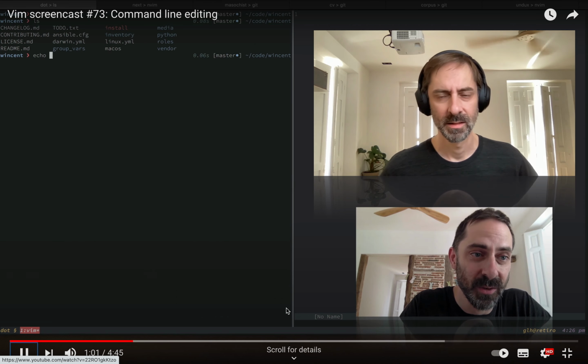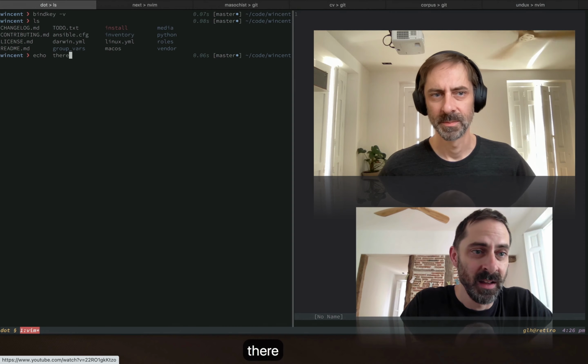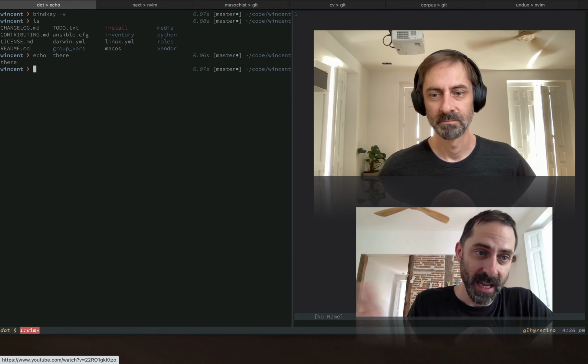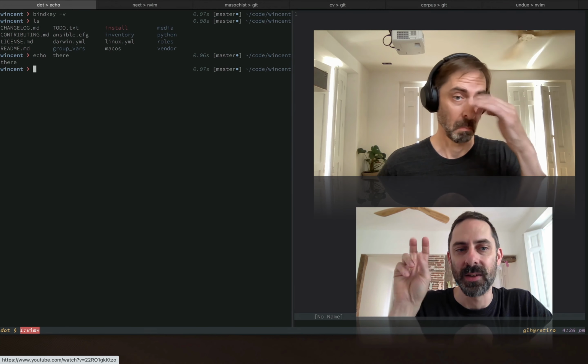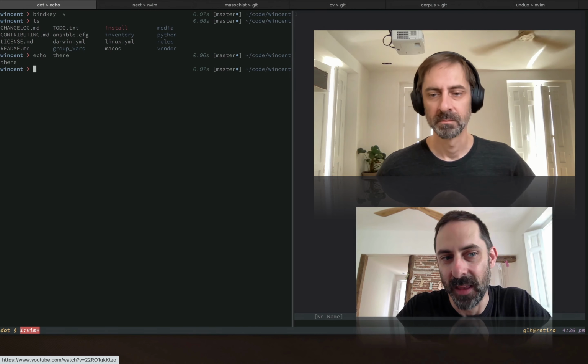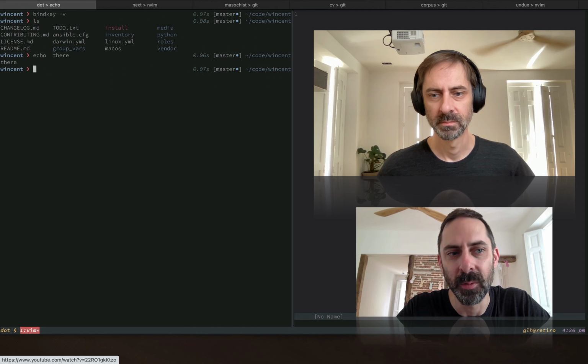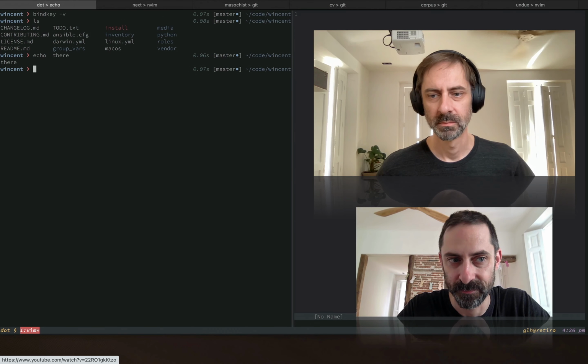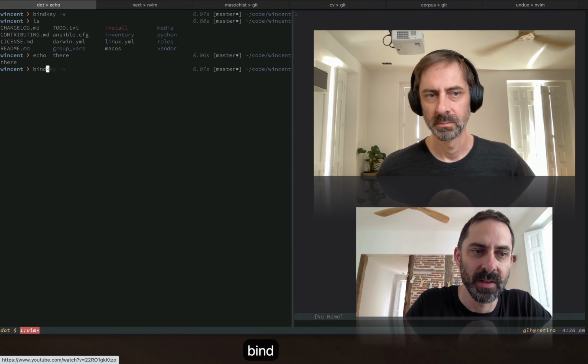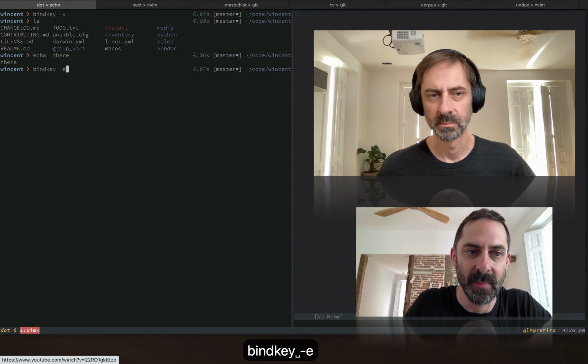I can use a to append to the current position, and when I hit enter, the command will run and I'll be back in insert mode again. Now, despite the fact that I love Vim and I use it all the time, I've never felt really comfortable using it on the command line in this way. And so I've preferred to use the standard Emacs style bindings, which I can get with bindkey